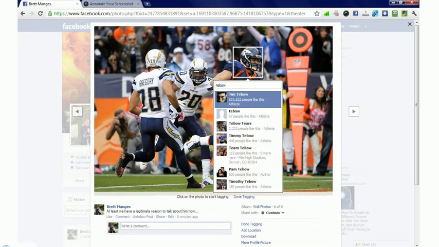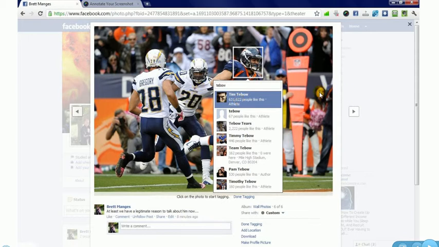Once I've clicked that tag button, as I move my cursor around the picture, it's going to identify things that Facebook thinks are somebody's head or somebody's face. When that square is there, I'm going to click that, and it's going to open up this little window here, and I'm going to type in the person's name. Once I've typed that name, Facebook options are going to show up down here. I'm going to click on the right selection, the right name, and then I'm going to go to another place,